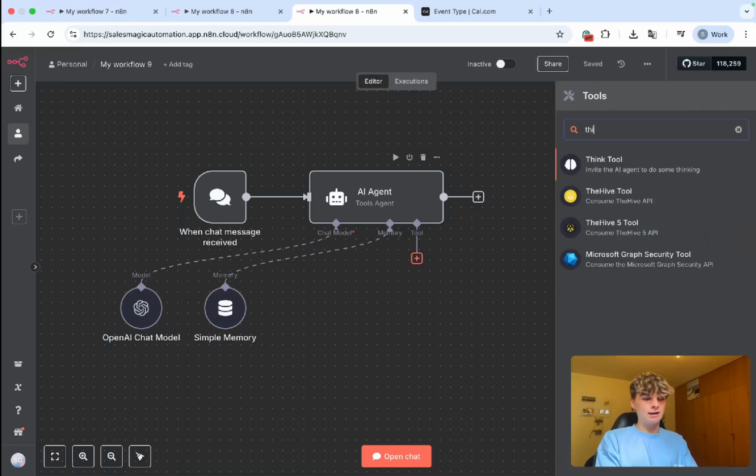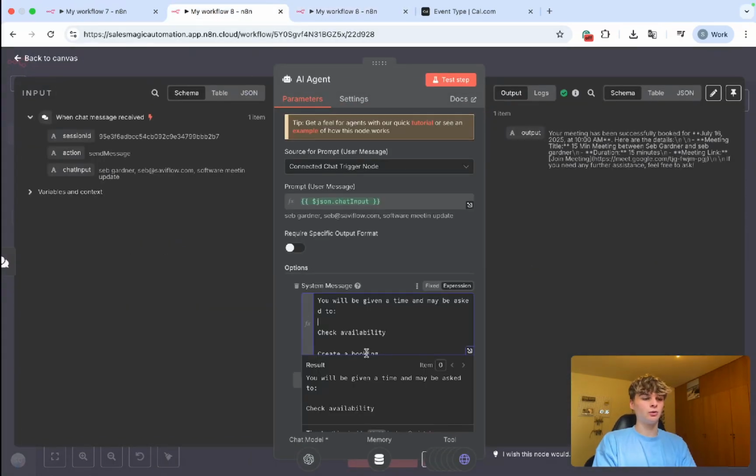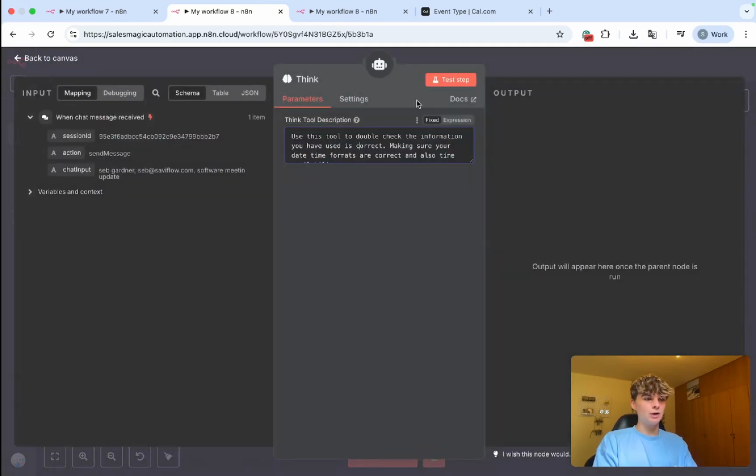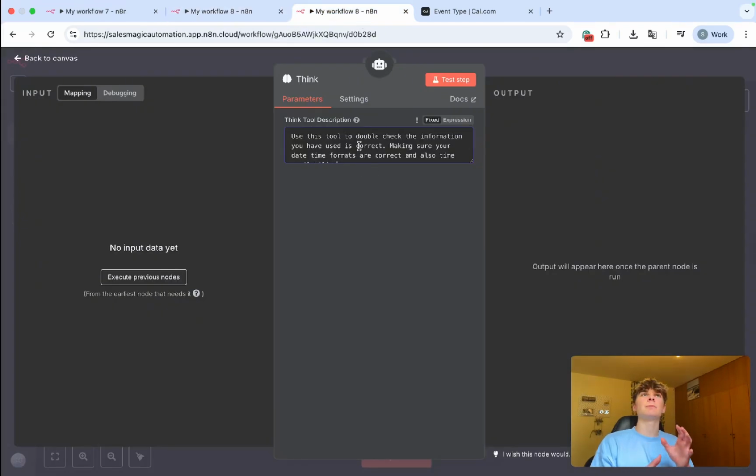is add a think tool. This is optional. You can add a description here to basically tell the agent, hey, use this whenever you are uncertain or want to confirm something. And basically what it does is it makes the agent reason with itself. Hey, is this the correct date? And we do this if they are unsure about something. So I say, use this to double check, or if you are unsure about a response,